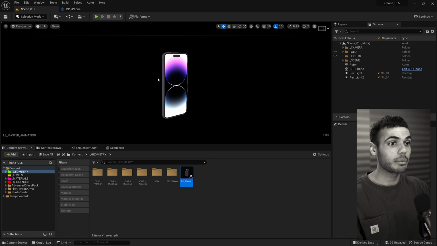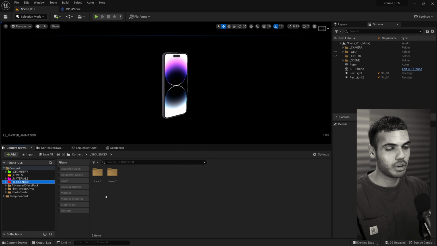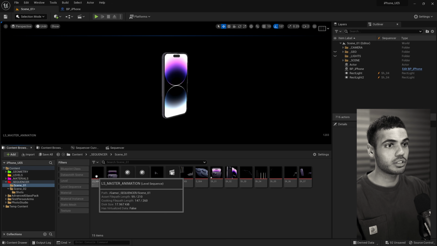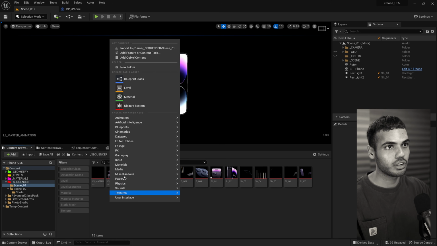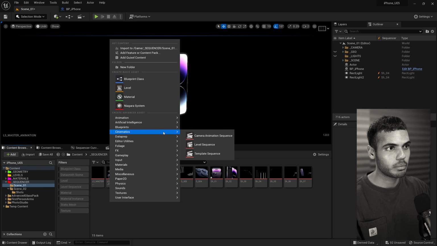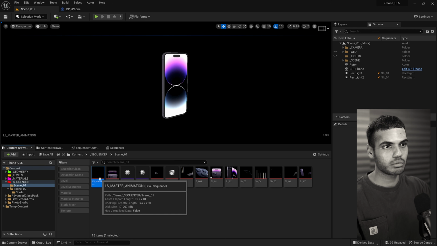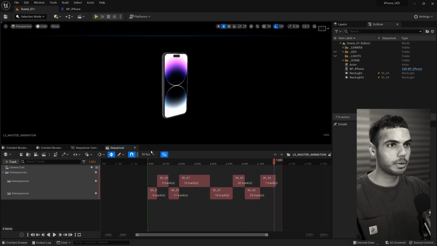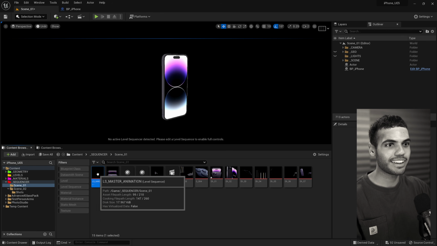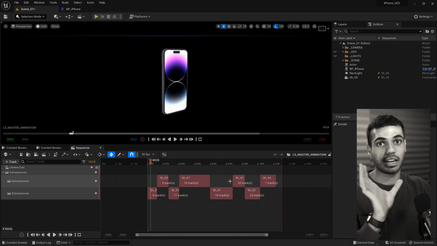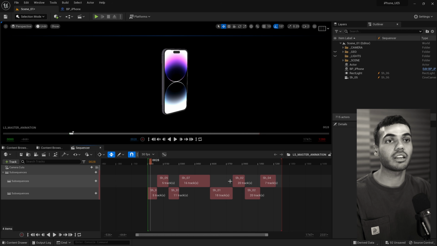Okay, so now let's just jump into the fun stuff, which is the animation. So I've got a sequencer folder here, and I've got a master animation, which is just a regular level sequence, you know, like one of these guys, cinematics level sequence. Open it up. Oh, there we go, it's already open. So, sorry, let me do that again. Open it up, and within my master sequence, I have a bunch of sub-sequences within it where I've laid out all my shots.